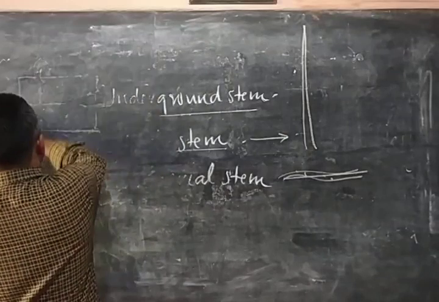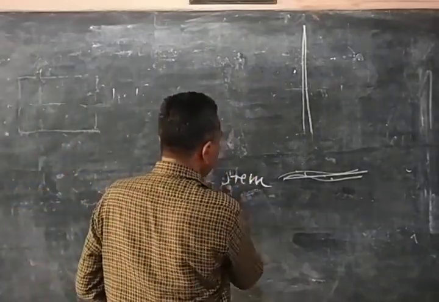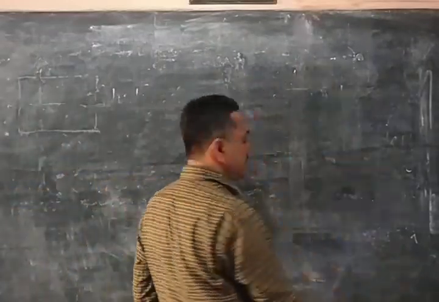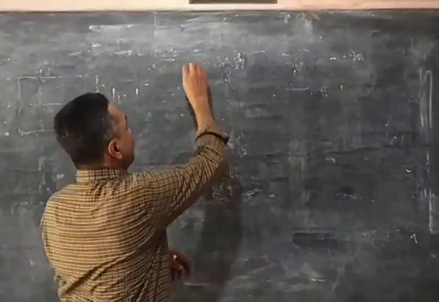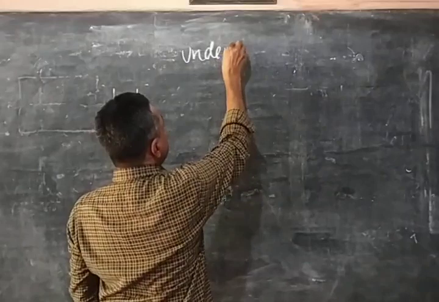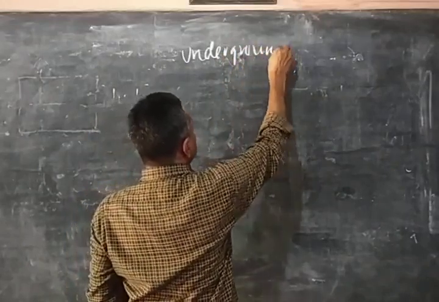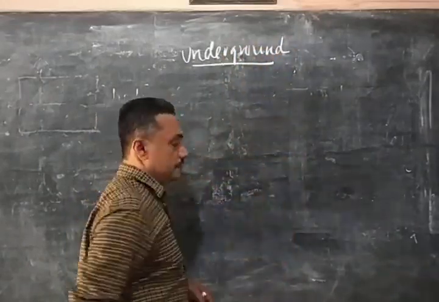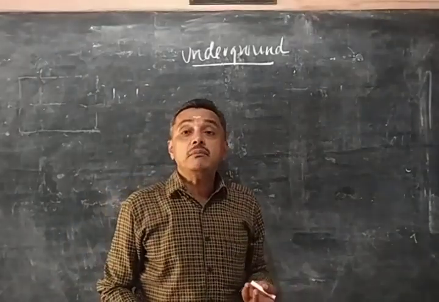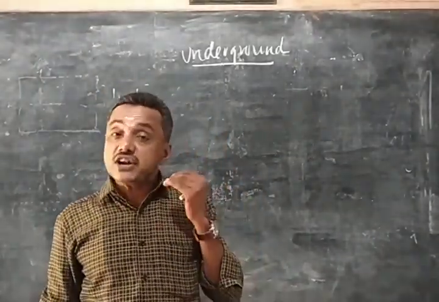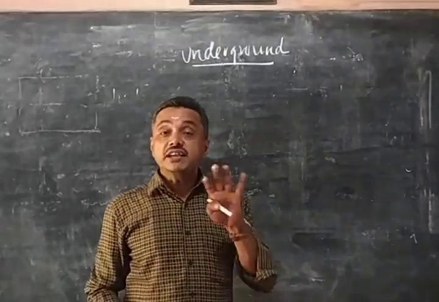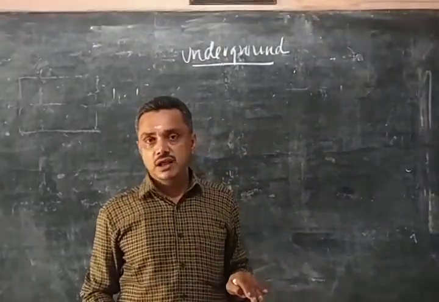First comes the underground stem. In many plants, the stem is present below the soil level, so that is called the underground stem. First of all, the first topic is the underground stem, present below the soil level. Why is the stem below the soil level? What are the functions of the underground stem? Why is the stem present below the soil level? The answer is